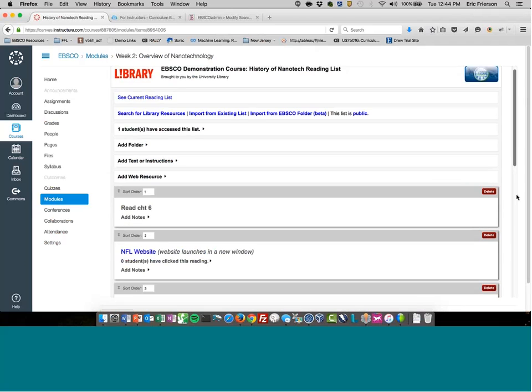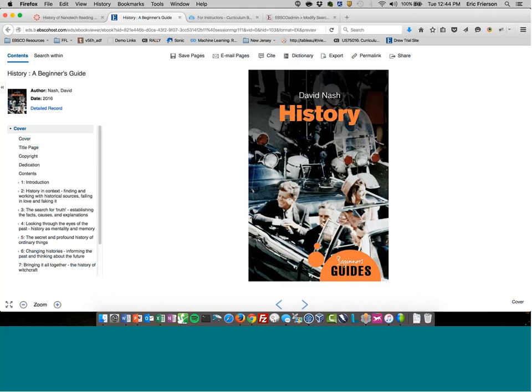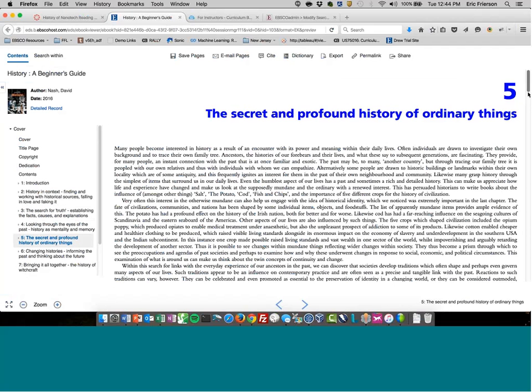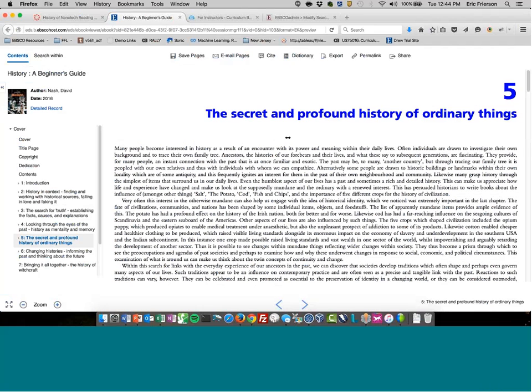And we will go to that ebook. Here it is. I'll click on the PDF document here. So if it's an EBSCO ebook, it takes you to the EBSCO reader. So here I'm at the ebook at this point, and I can jump through the table of contents, jump to chapter 5 because that's what the faculty member said to read, and I can read it at this point. That might be an eBrary ebook or an EBL ebook, and that would be a custom link over to their platform underneath that. So you might end up at the EBL platform or the eBrary platform, depending on where you get your ebooks